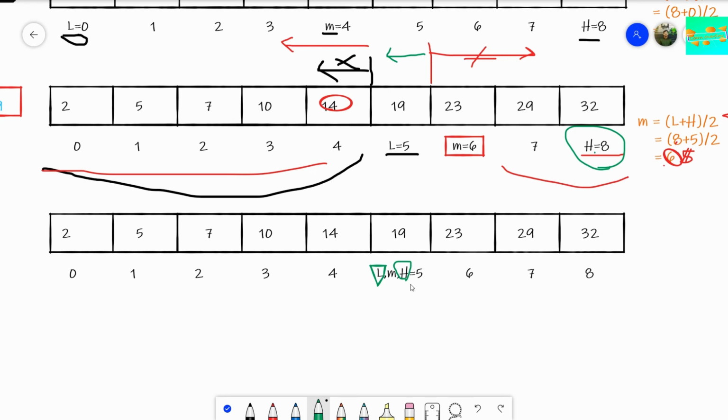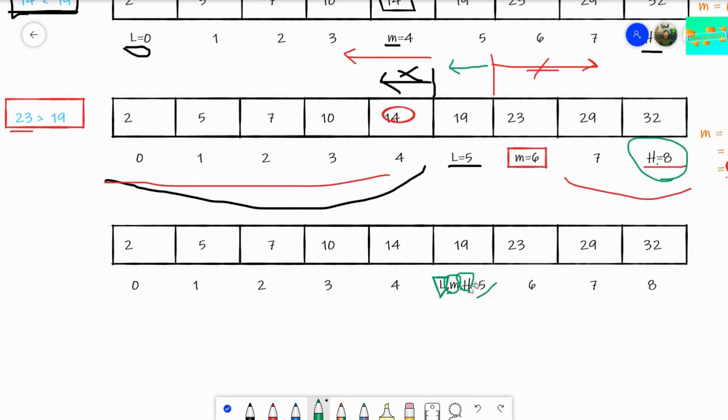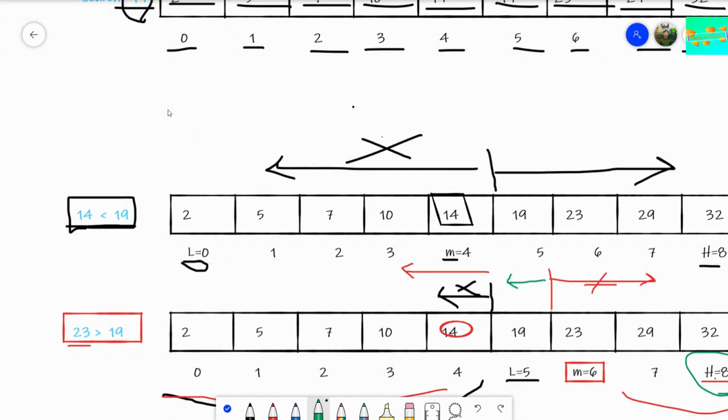Already our L is at 5, and if we sum this, 5 plus 5 by 2 is exactly 5. So M also became 5. We have 3 pointers, and all 3 pointers are currently pointing at 5. Now we need to check whether the value at position 5, which is 19, equals our required search.